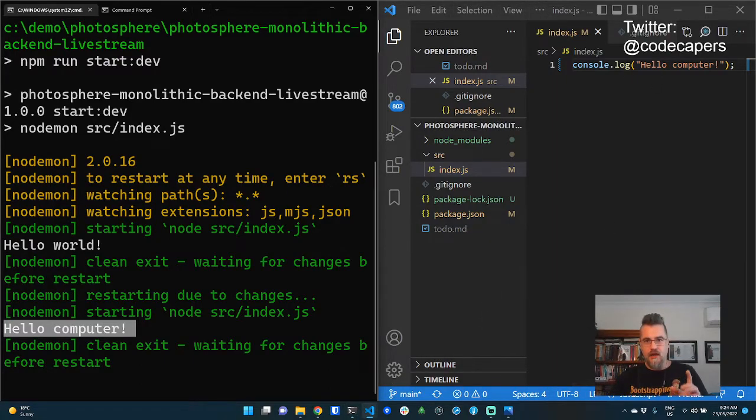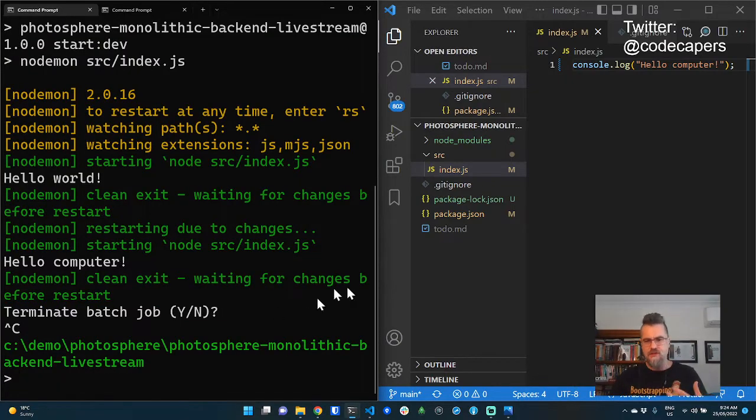Now, another thing that I like to do just for convenience, I'm not really going to use it in the live stream, I just thought I'd show you, is I like to create aliases for the commands that I'm using frequently. Typing npm run all the time, even though we've got live reload and we don't have to type it as much, does get quite painful. So on macOS and Linux, you've got the alias command. You can use that to create an alias.